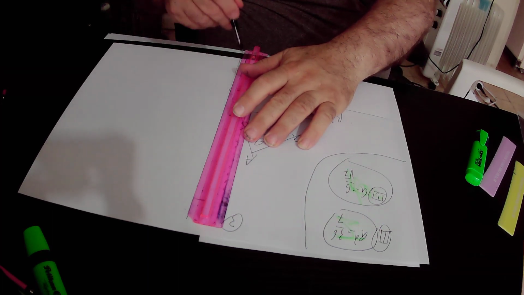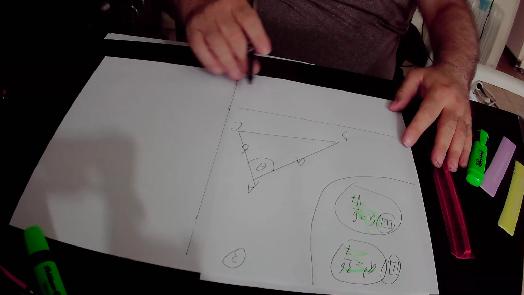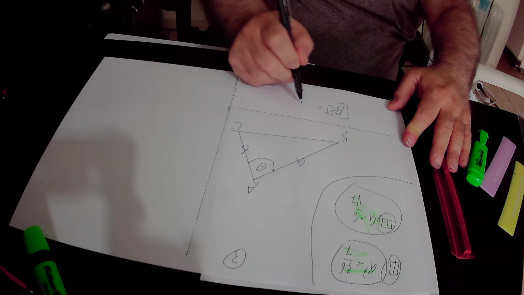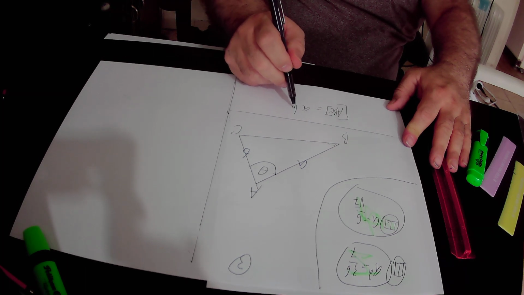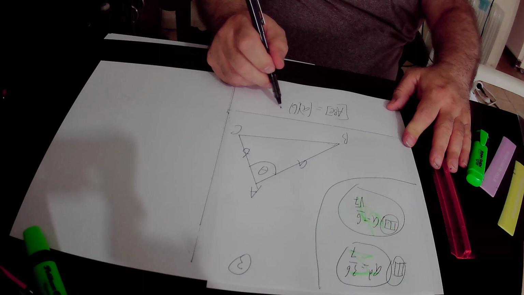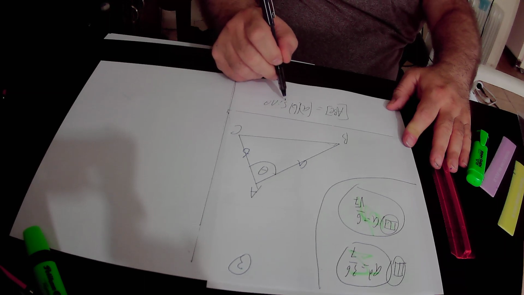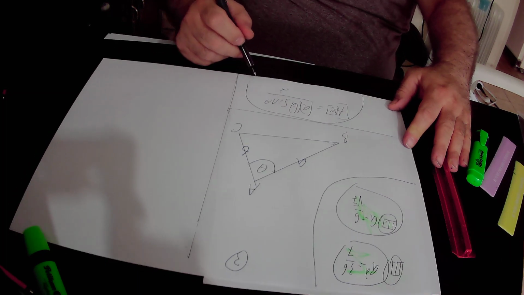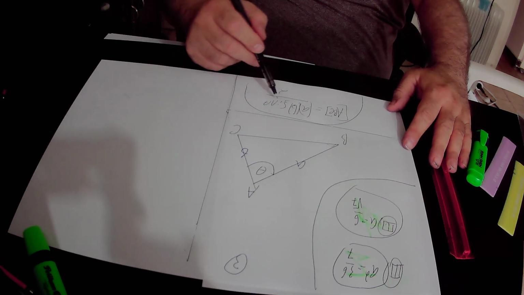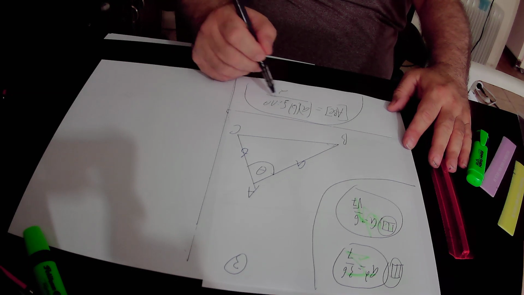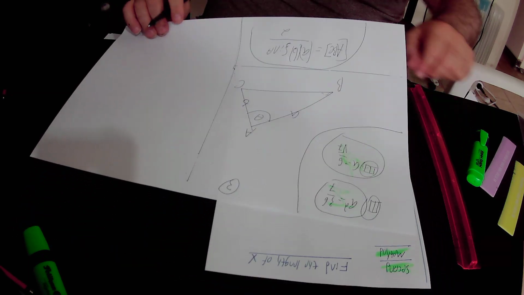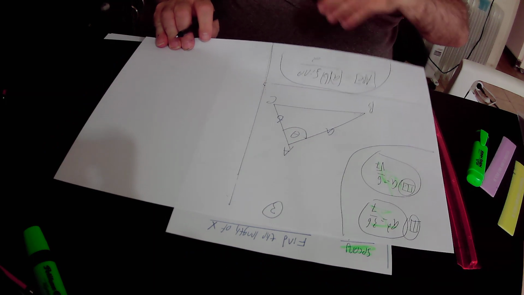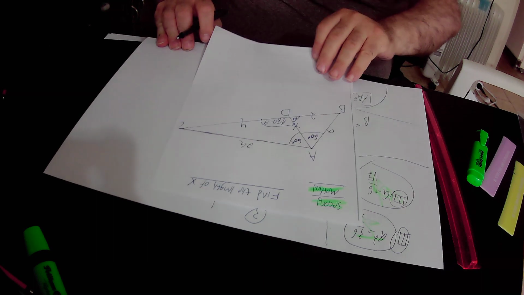Then, according to the new formula, the area of triangle ABC will be equal to A times B times sine theta over 2. I'll repeat again, the area of this triangle ABC that could be any triangle will be equal to A times B times sine theta over 2. So here we'll use the new formula in order to find out the areas of the